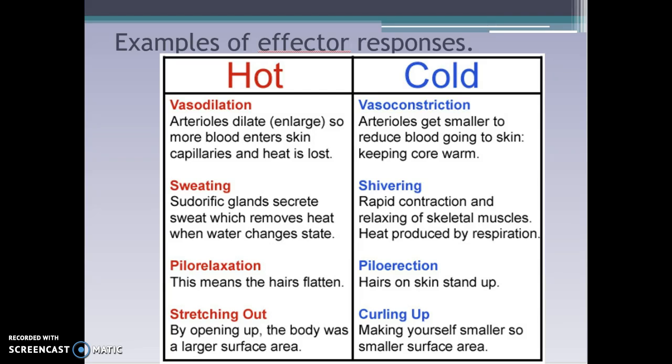So here's some examples. When it's hot, vasodilation is your superficial blood vessels dilating, allowing heat to come to the surface, making your cheeks red. Sweating, pilorelaxation, means your goosebumps go away. The hair is flattened down so you get more wind coming across, pulling that